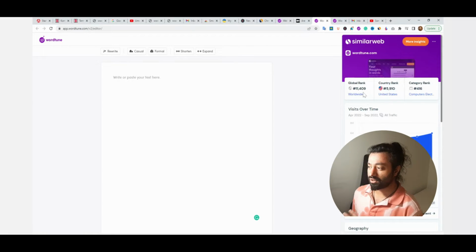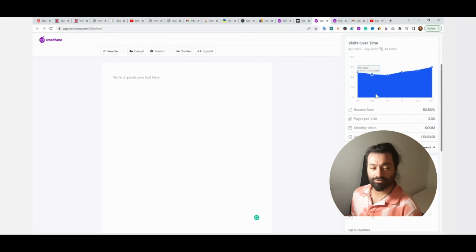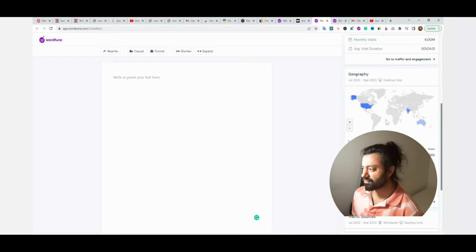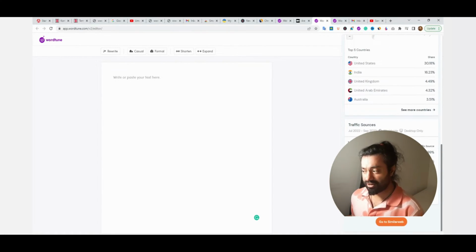It gives you a global ranking, country ranking, and category ranking. It gives you a trend of visits per year over time. And lastly, it gives you geography, where the visitors are coming from. Finally, it also gives you a little bit of detail about bounce rate, page views per visit, monthly visits, and average visit durations. Finally, the traffic sources: how many people were direct, how many came from searches, social, emails, referrals,